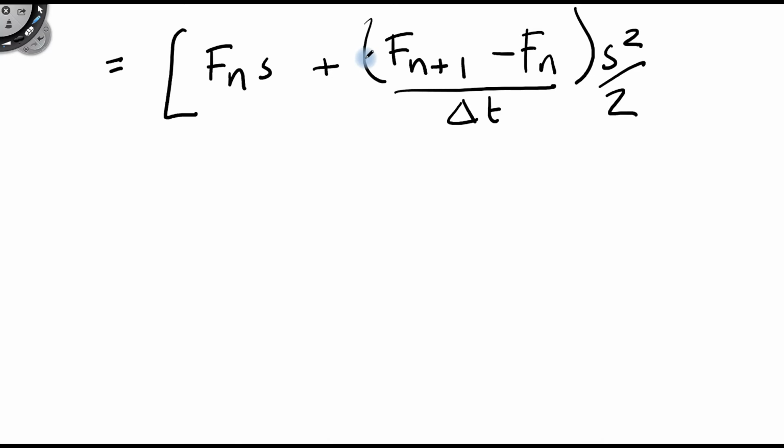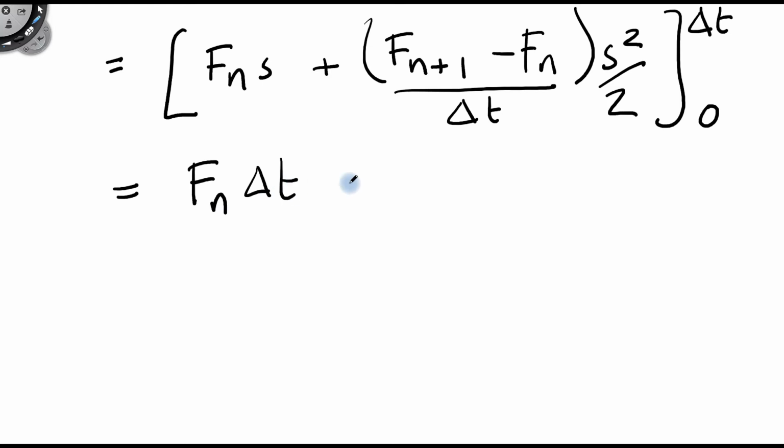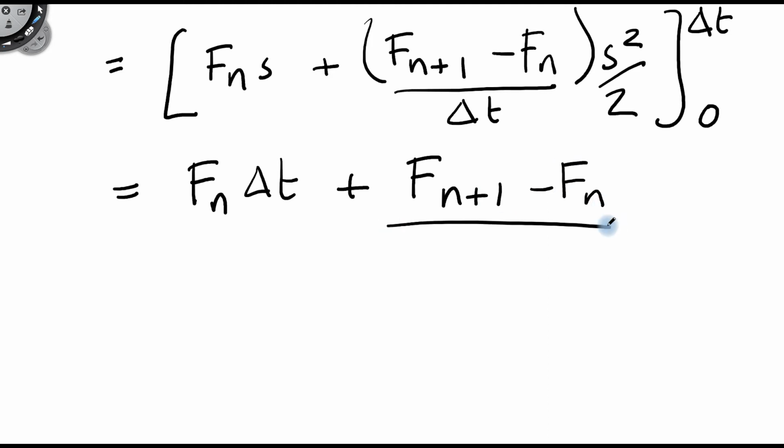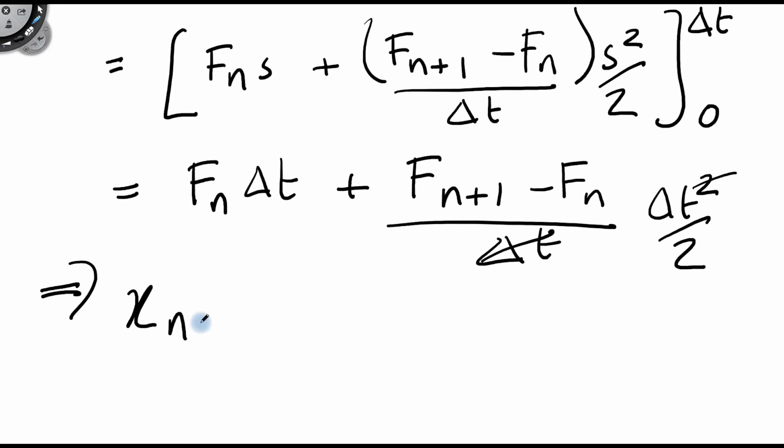So the first term gives us s, and the second term gives us s squared on 2, with limits of delta t and 0. Then we substitute those in, and we get f_n delta t plus (f_{n+1} minus f_n) on delta t times delta t squared on 2. Now the delta t's cancel. We put it together, which implies that we then have x_{n+1} minus x_n equals